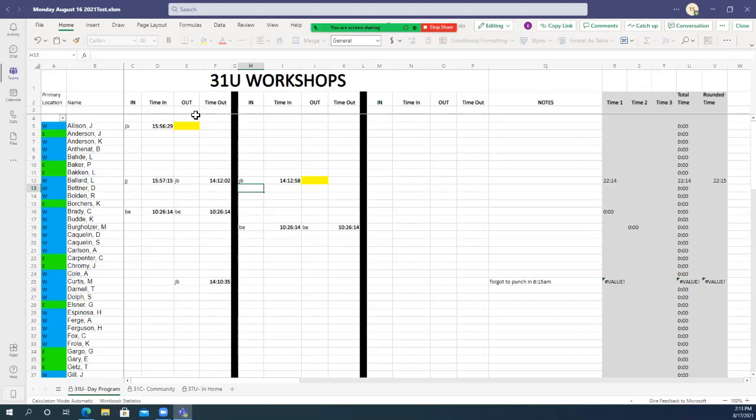So right here is the first one. So some people might actually end up using the 3 columns if they've been clocked in and out of the different programs for whatever reason that day. And again, if you forgot, you can always just go ahead and make a note here,